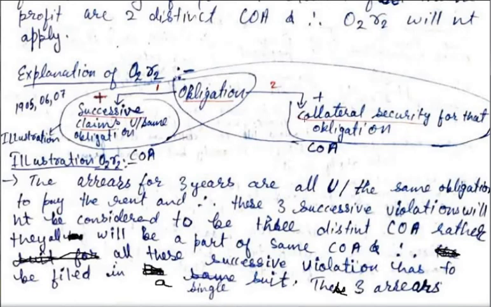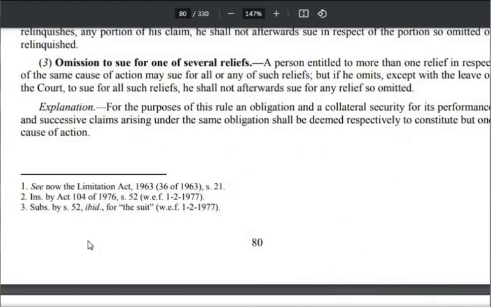They are saying the collateral security and the obligation, they constitute what? One cause of action. दोनों एक ही cause of action constitute करते हैं। Therefore, when you file the suit for breach of contract and claiming damages or of a specific performance, और वहां पर आपने अगर कोई collateral security दे रखा है तो उसी सूट में क्लेम करना चाहिए। ठीक, तो इस पार्ट को फिर से देखो एक्सप्लेनेशन में, कोलेटरल